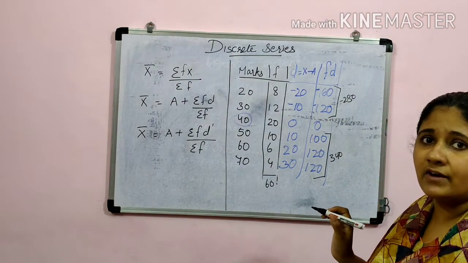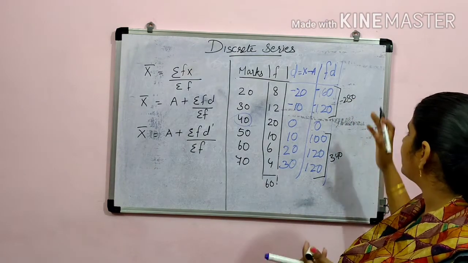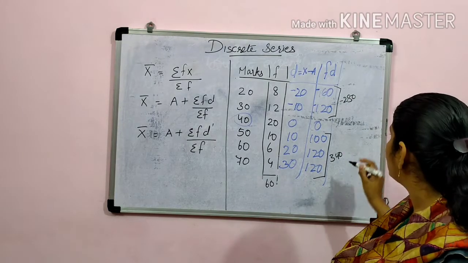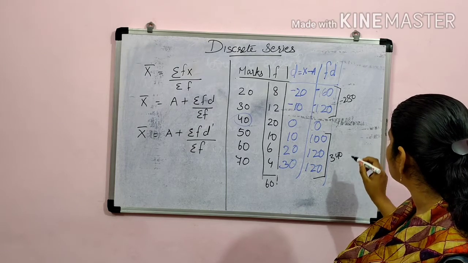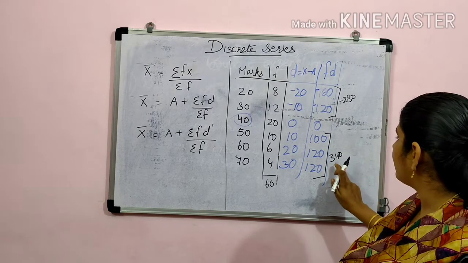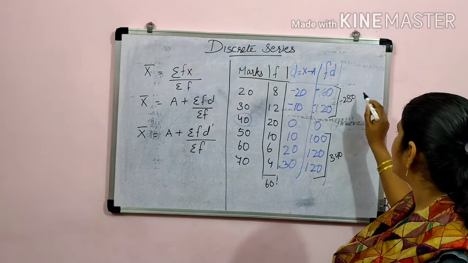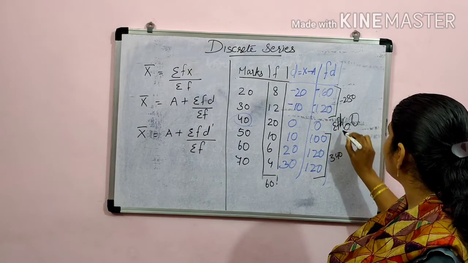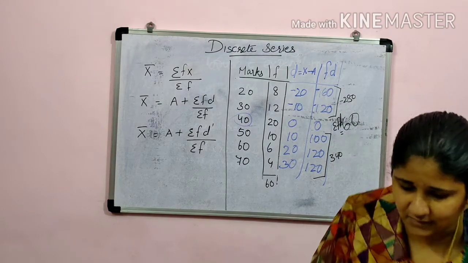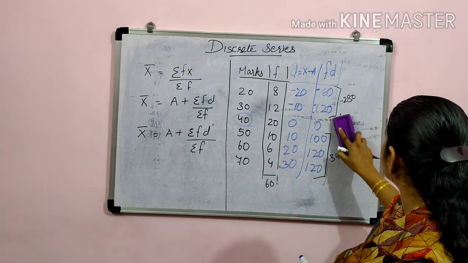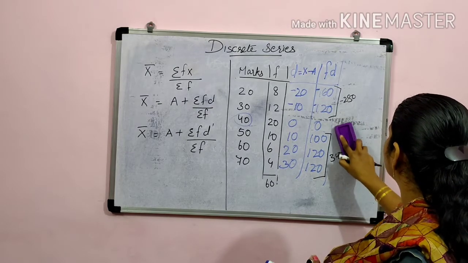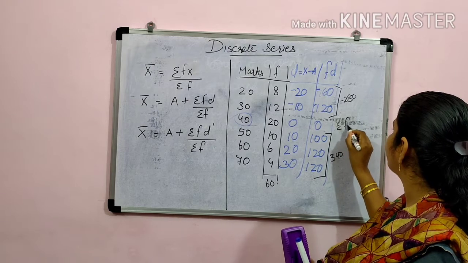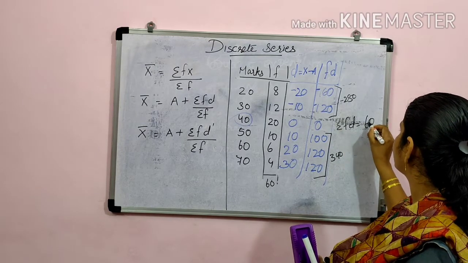Okay. Then what is the next step? We wanted to find out the difference, since some are positive and some are negative. So when we go for its difference, it will be 60, but it will be a positive value. The difference of this, so we can say that the summation of FD is equal to 60. We will write neatly here. So here we can say summation of FD is equal to 60.